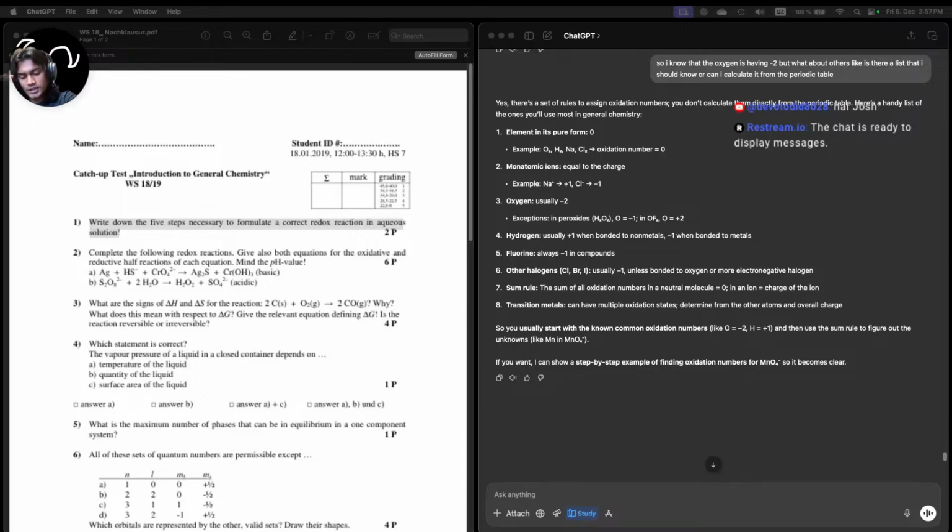So for this example, MnO4 minus to Mn2 plus. So it's